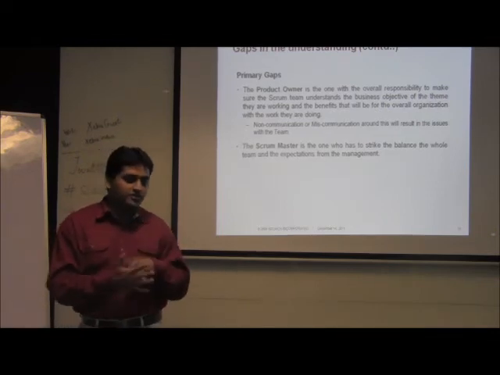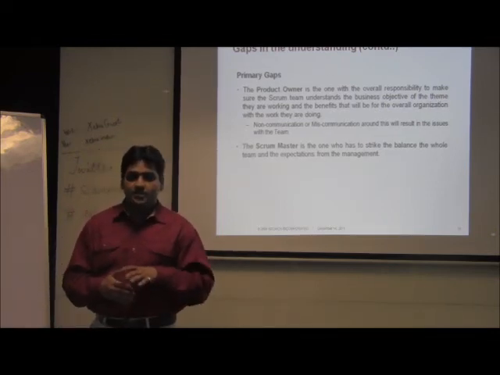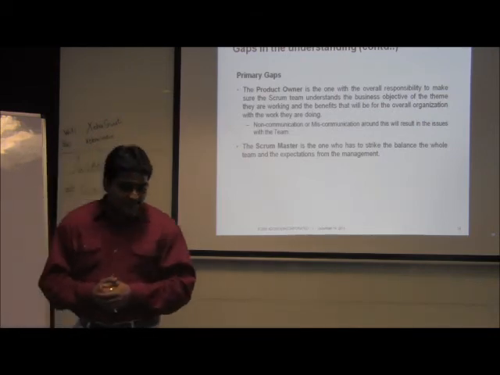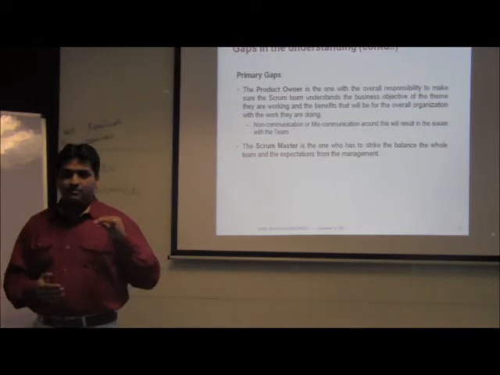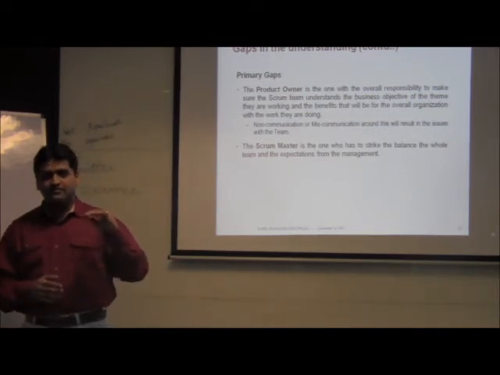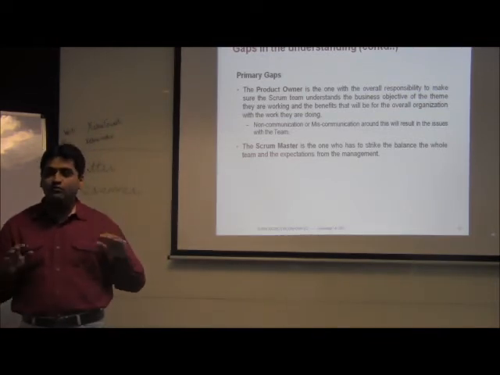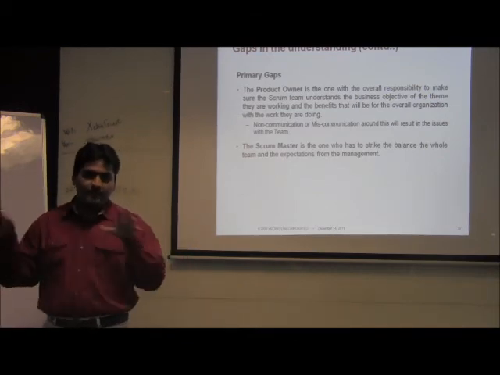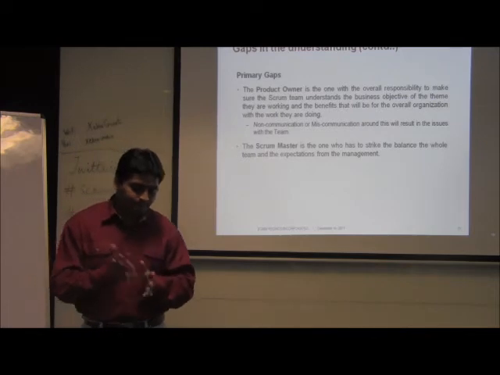Non-communication or miscommunication is something which should not be there at all in the Scrum team. And ultimately, I believe the Scrum Master is the very crucial role in terms of balancing everything together with the team, the product owner, the management, and everybody in the picture. So that's